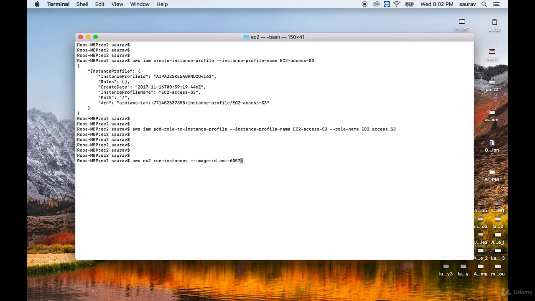6057E21A, and instance type of t2.micro, right? Now after this is where we attach. Now if I run this command the way it is, then no problem, I can still run my instances. But then I want to attach the role I just gave this. So I'm going to say dash